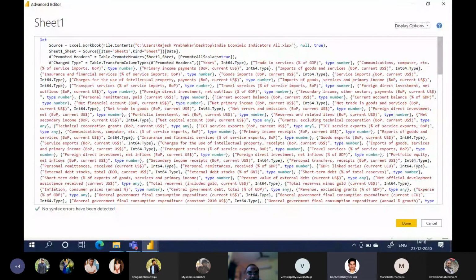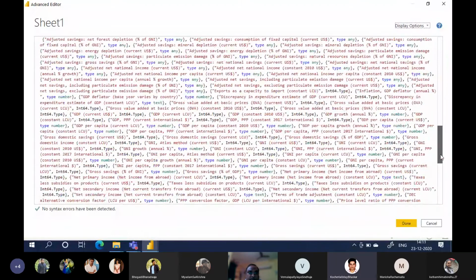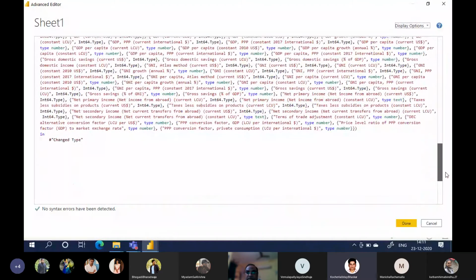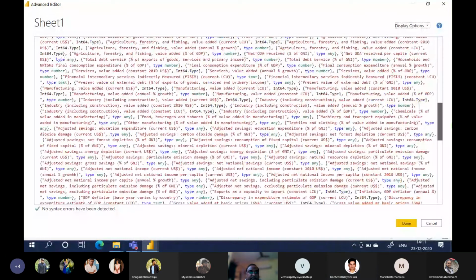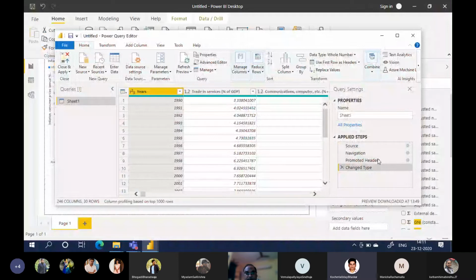int64 dot type. So where did we select the filter of years? There will be a place where, instead of manually clicking, you can change it from the code also. But this is again coding, we are not interested in coding, I'm just showing you where you can see the code. Whenever you drag anything, it automatically creates a code. That you remember, okay? And see, we have done these steps, promoted headers, all are there, reduce, combine, any other thing here, manage parameters.